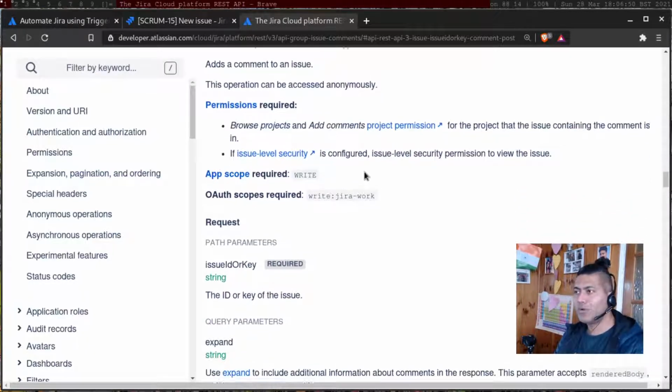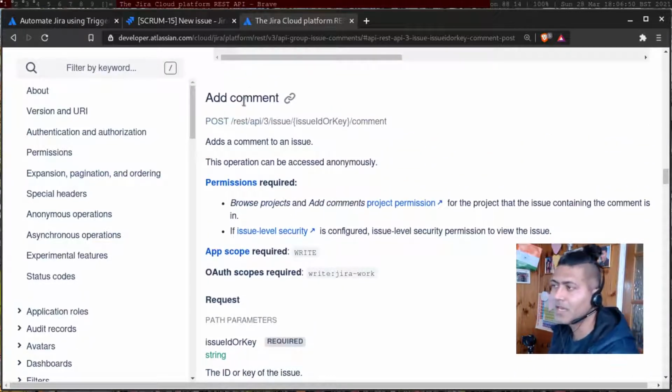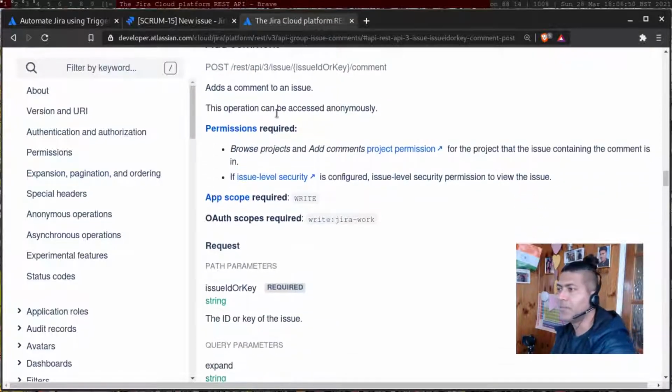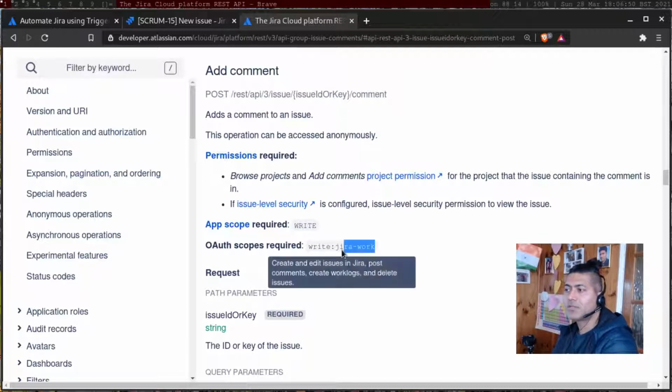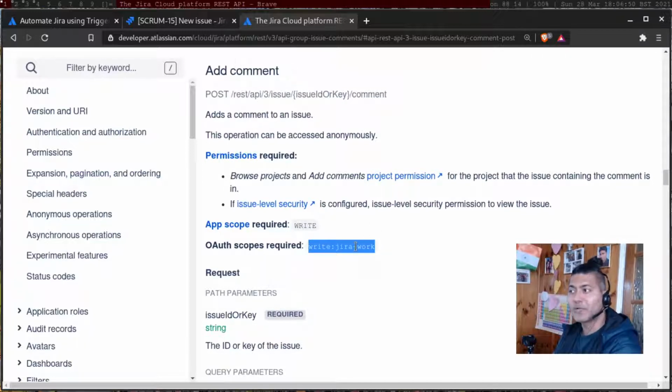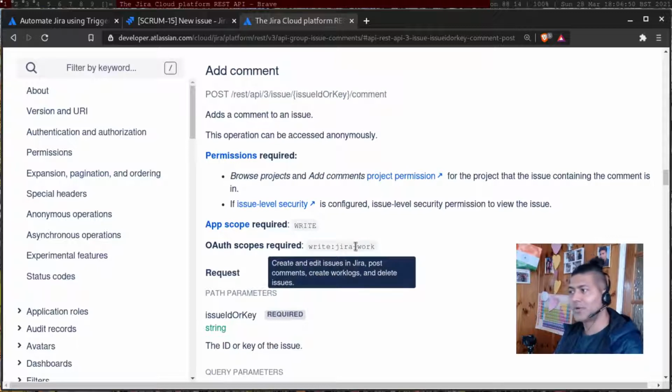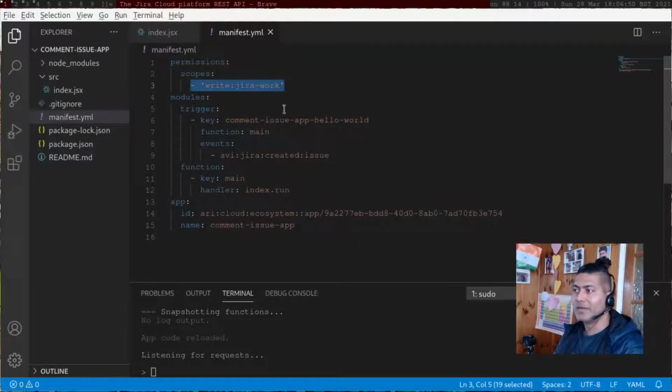And if you look at, let us say, things like add a comment, for example. Now, if you look here, you have to specify the OAuth scope, where for adding a comment, you need to add this. So this is basically what you can see in this